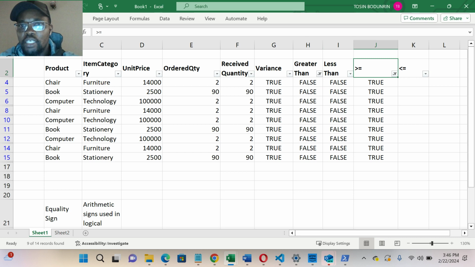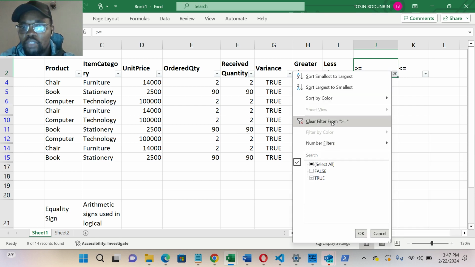So if I want to say this in a statement now, I will say this actually evaluates the statement where the other quantity is either greater than the received quantity, or the other quantity is equals to the received quantity. So this is joined combined together using the or conjunction, right? It will always evaluate when the other quantity is either greater than received quantity, or the other quantity is equals to the received quantity. All right, so